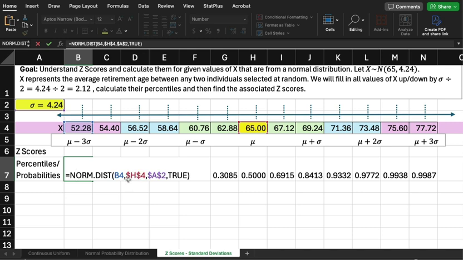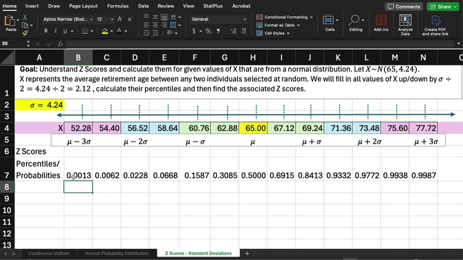So the mean is $H$4, comma, but I moved the standard deviation because it was in the way. So I moved the standard deviation up to cell A2. So right after $H$4, comma, you will put $A$2, comma, and then the word TRUE, and then close parentheses. So it has to be exactly in that order. And the first number you should see here is